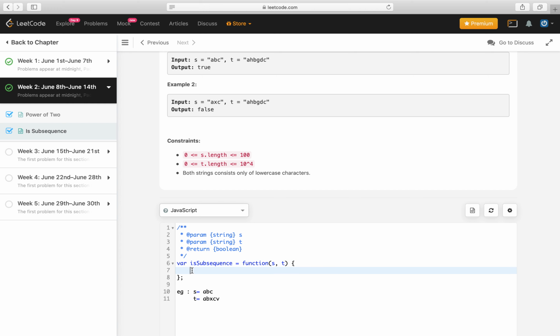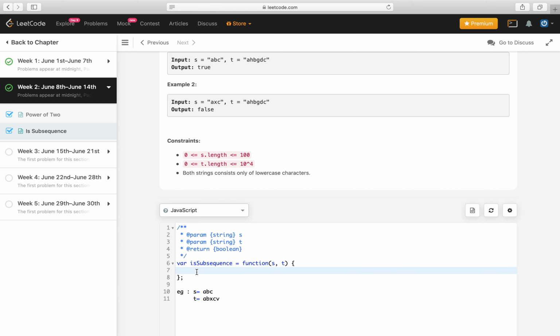Let's start with this approach. Since we have an outer loop of length s and an inner loop of length t, it will become big O of n square.